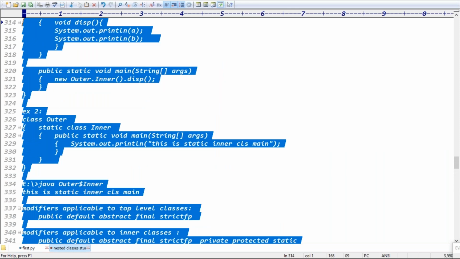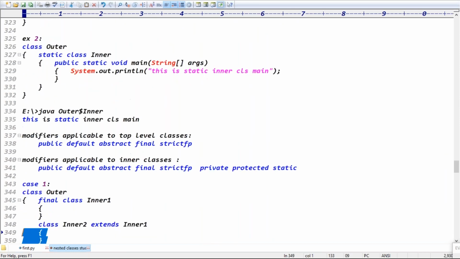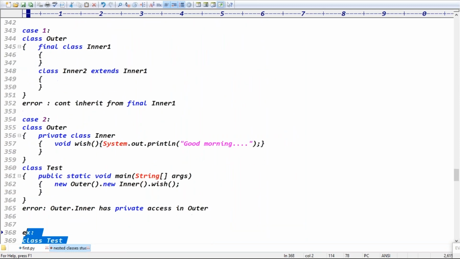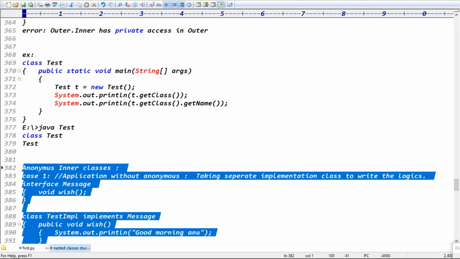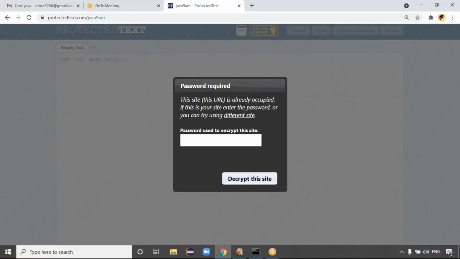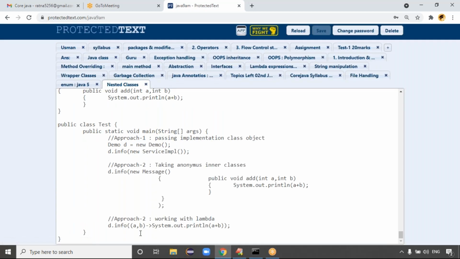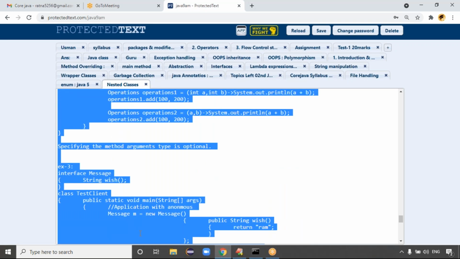Yesterday's two examples are already in the notes, but the collection example is missing. Only the collection example. Anonymous also had some extra things, try to check that. I think the lambda expression examples were placed previously.